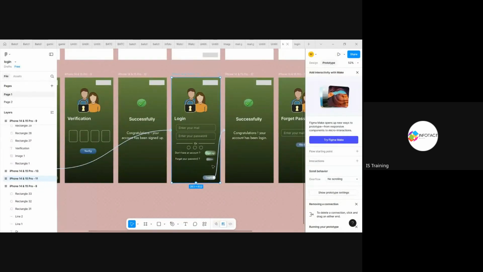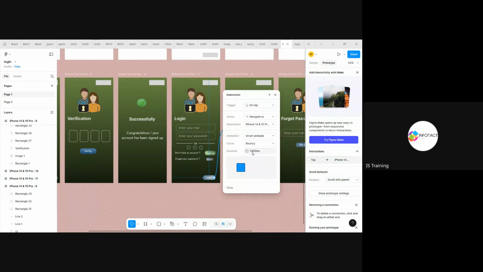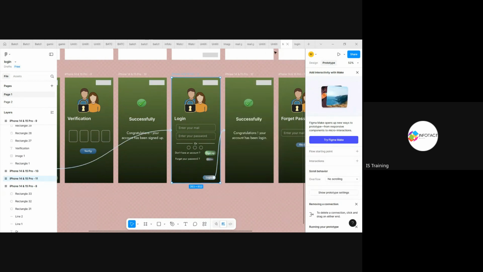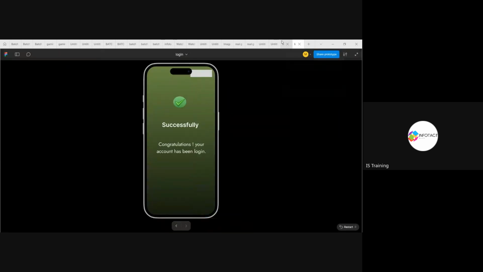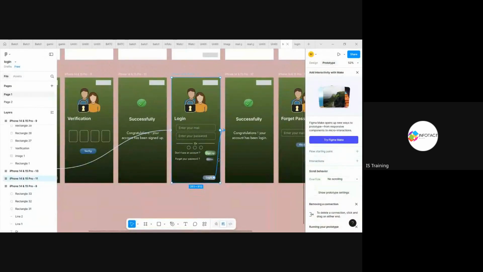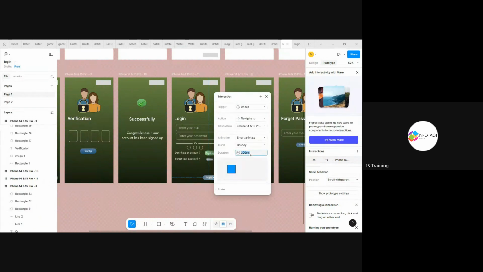And if I want this to be slower, I think 200 will not be right, so you have to increase the duration. Let's say 2000.